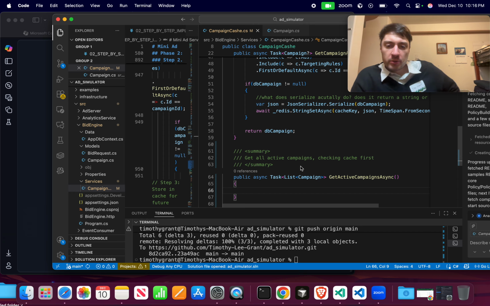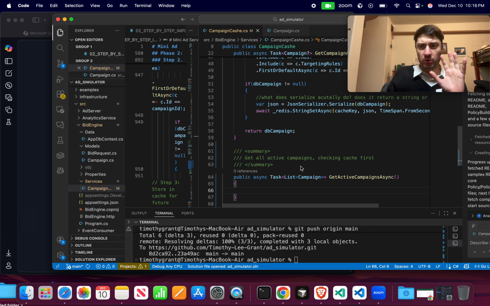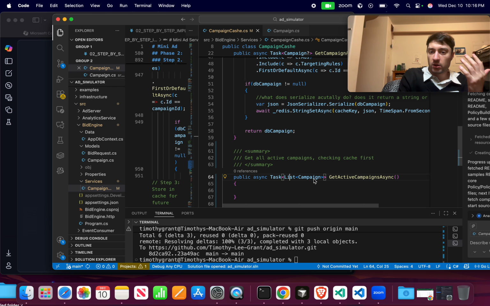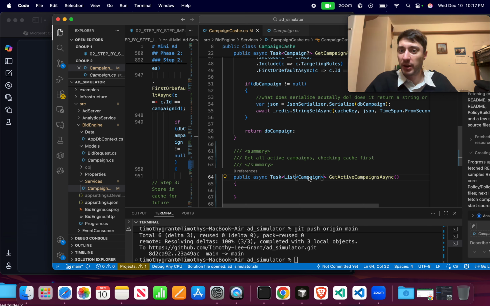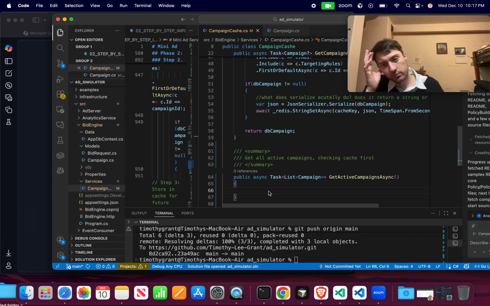So, and what are we going to be returning? So we're going to have a task, which is a promise. When promise is resolved, what does it give you? It gives you a list of campaigns, a list specifically set up for campaign objects, okay? So that's eventually what we're going to return. So what I want to do is I want to first, I'll probably check my Redis, right? Okay, so